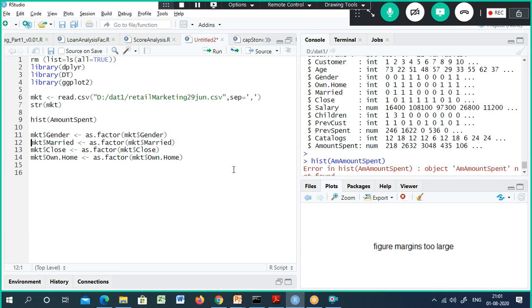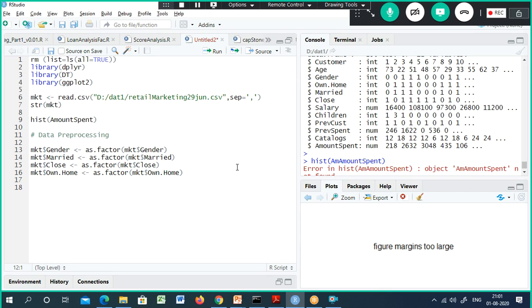So this is part of data pre-processing, one of the tasks that we do.